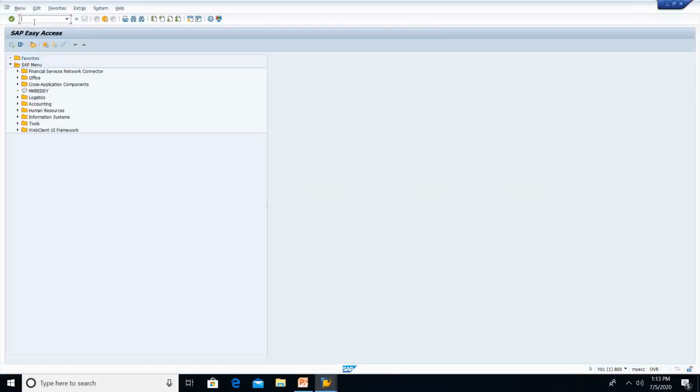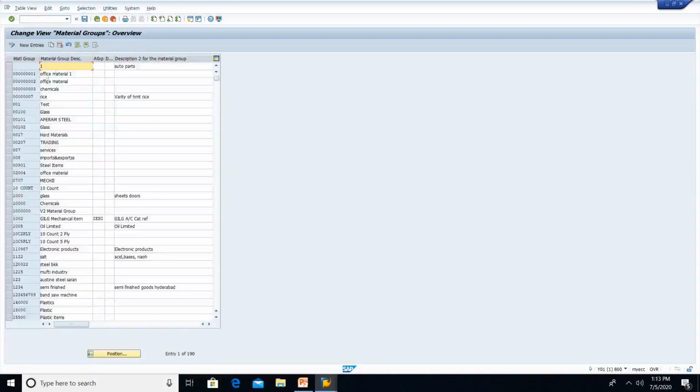So far we have seen material groups, right? Different material groups. Can we customize them? Yes, we can customize them. We have a T code called OMSF. Here we have the list of material groups which are already available in this system. If I want to configure a new one, go to new entries, then maintain your entries.